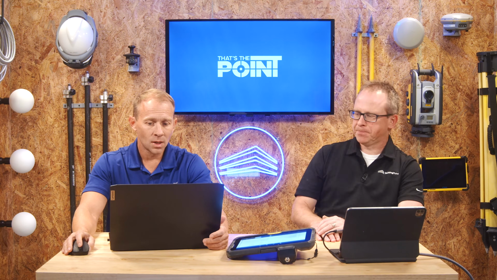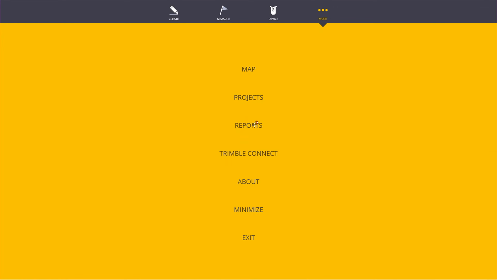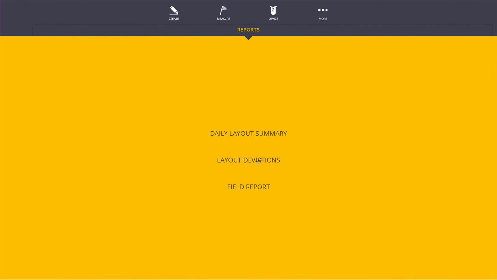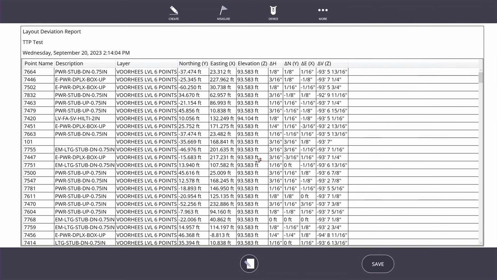Yep. All right, so what's the second one? So yeah, if we then go to layout deviations, which we will see in the core version of the software as well, this is going to give us more of just a straight spreadsheet. It's going to take all the points that were laid out during the life of this project and put it into a spreadsheet. It's going to show us the description of those points, the coordinate location of those points, and also the horizontal deltas and the actual XY delta,